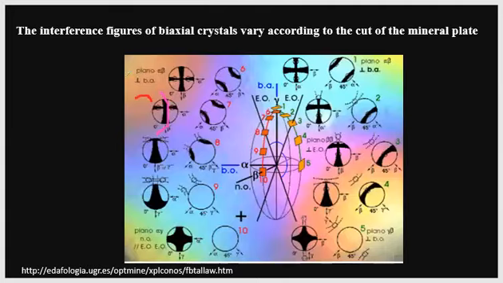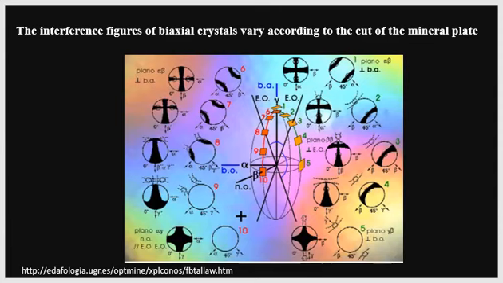So you can see over here multiple sections are there. Imagine this is the N beta, and this is N alpha, and this is N gamma. Okay, so you can see that this section is going to be called as the acute bisectrix figure, and this is called as the obtuse bisectrix figure, and the section perpendicular to this optic axial plane is called as the optic normal figure.